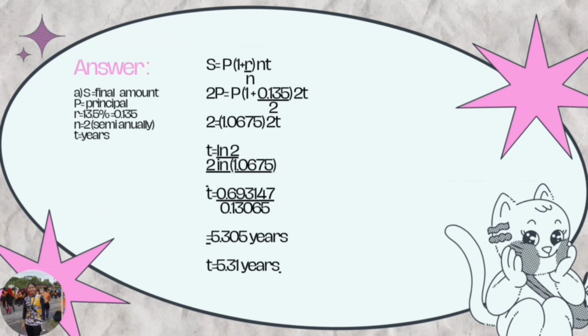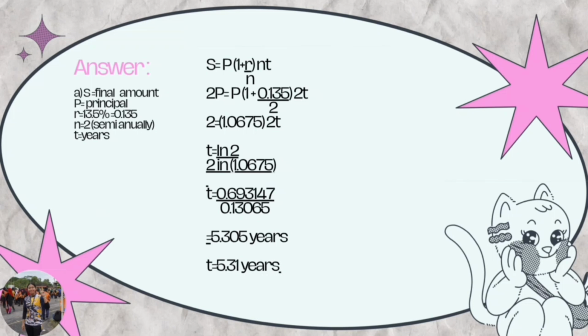24,600 equals 12,300 times (1 plus 0.135 divided by 2) to the power of T. Divide both sides by 12,300 and it becomes 2 equals (1 plus 0.135 divided by 2) to the power of T, which is 2 equals (1 plus 0.0675) to the power of T. Taking ln(2) divided by ln(1.0675), T equals